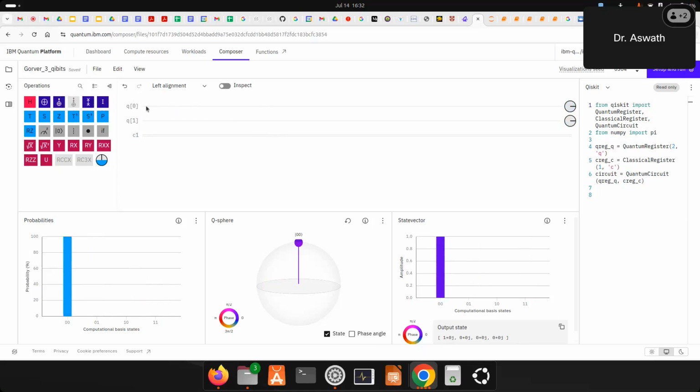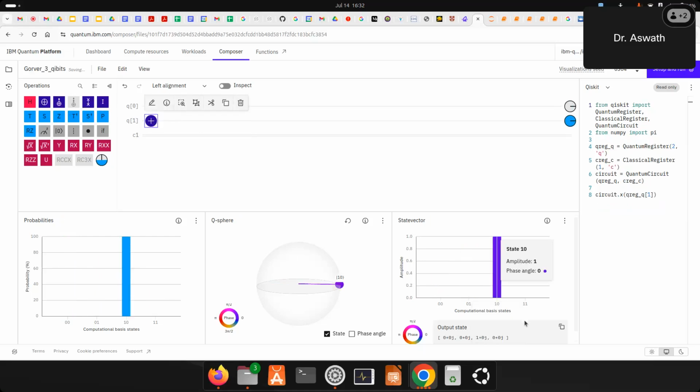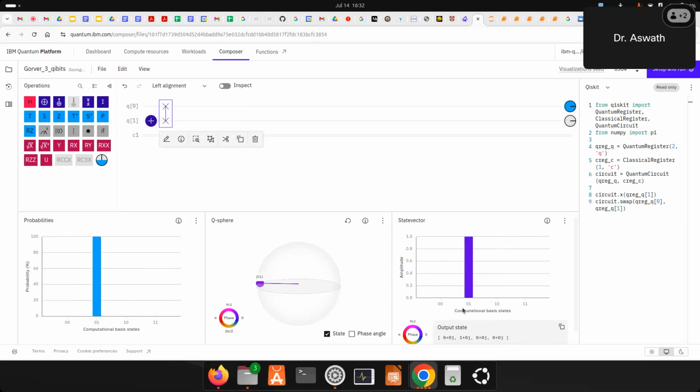Let's say there is a quantum state psi here and quantum state phi here. I want to interchange them. I just want to cross the path. You just take them and put it in here. I'll show you. Let's say I have 0 and 1. The top one is 0, the bottom one is 1. If I apply a swap gate, it just interchanges. See, 1, 0 it has become. That is the effect of the swap gate.